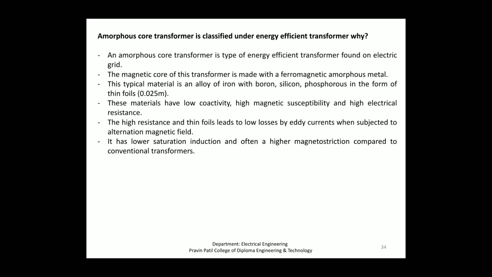This core can be easily magnetized and demagnetized. The core loss of this metal can be reduced by up to 70 to 80% compared with a conventional transformer. This results in lower electricity production and less CO2 emission in generating plants using coal. Energy loss due to heat or vibration from the core is reduced.